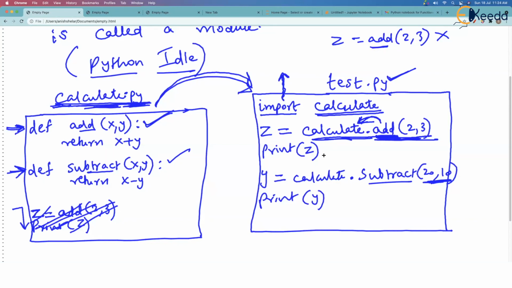For example, is there any function in Python which will convert a colored image to black and white? Type on Google, instantly it will tell you, yes, there is a function. But then in which module is that function? It will tell the module also. Once you know that there is some module called CV2, in which there is a function defined, then in your program you will say import CV2, and CV2 dot that function you will call, which will convert the colored image to black and white.